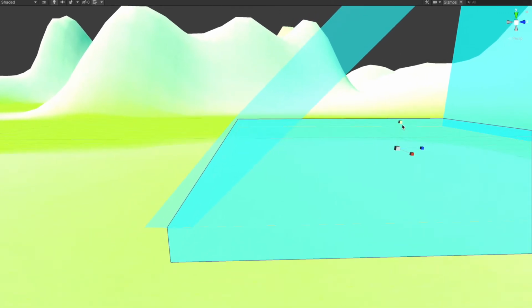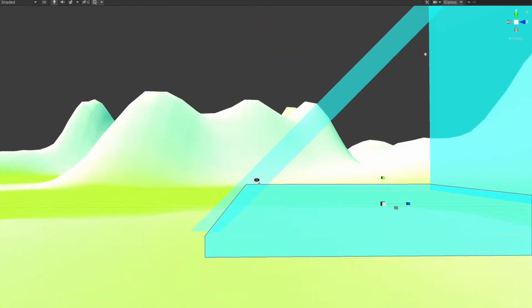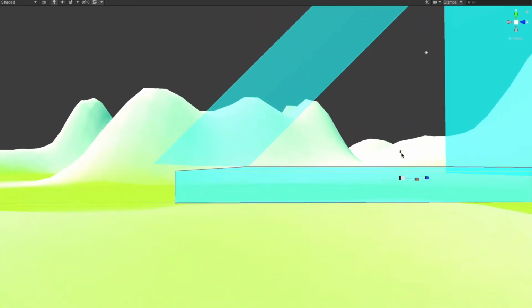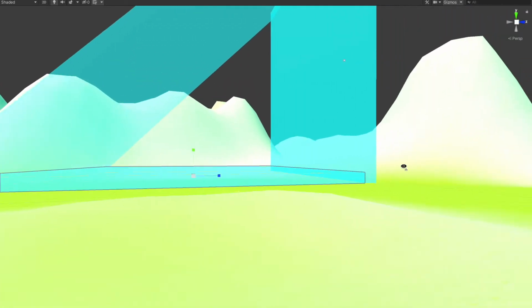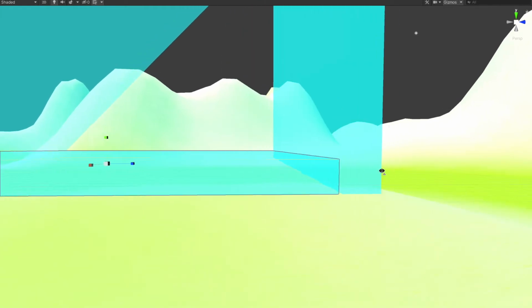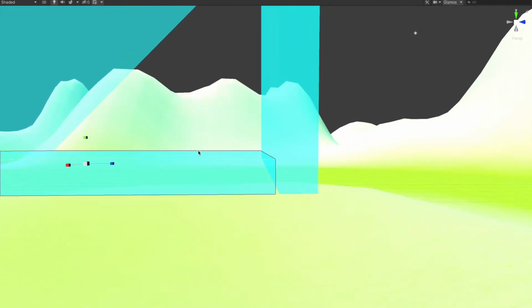Similarly, we can scale it down as well so it doesn't collide with our stair object either. Okay, a bit. Alright, this looks good. I can scale it up just